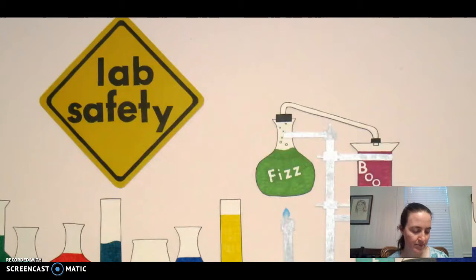Let's talk a little bit about safety. In order to be a member of this class, you and your guardian will be asked to read and sign a safety contract. This is a science classroom and you will be surrounded by expensive and or potentially dangerous materials on a daily basis. If these materials are not handled properly, you will be putting not only yourself but other classmates' safety at risk as well. Therefore, it's crucial that you understand and sign the document in order to participate in this class. Furthermore, it is required that you maintain a notebook specifically for chemistry.